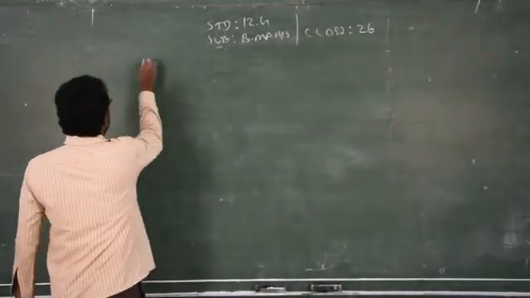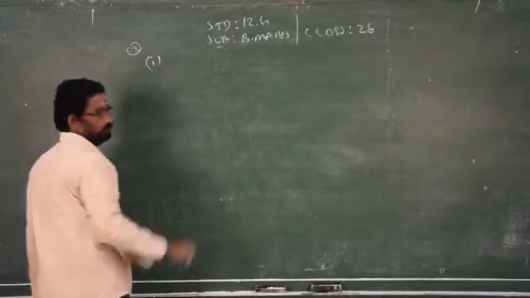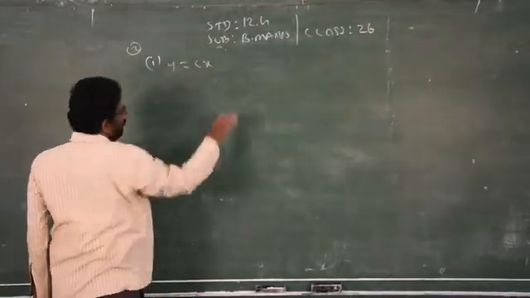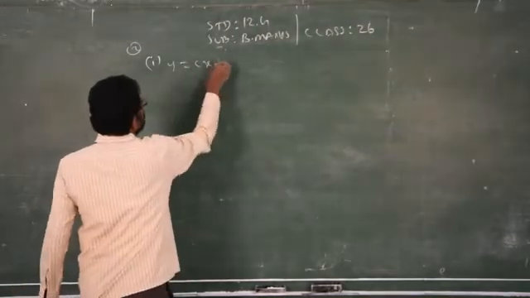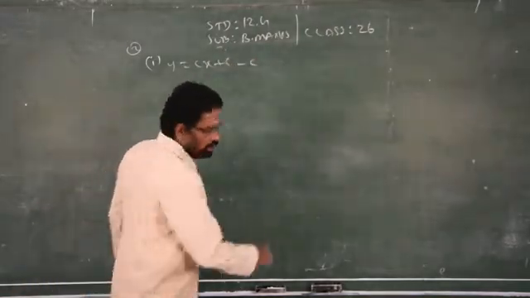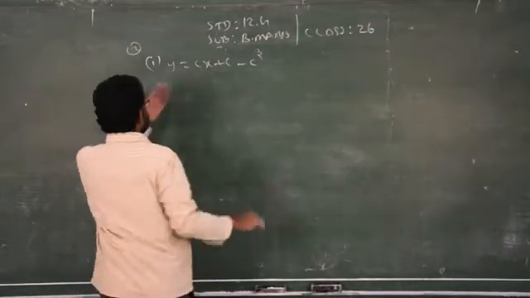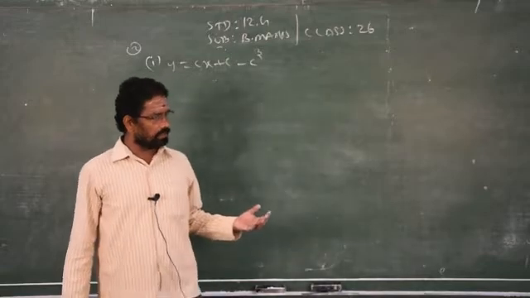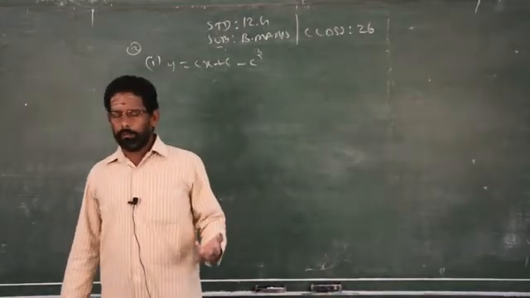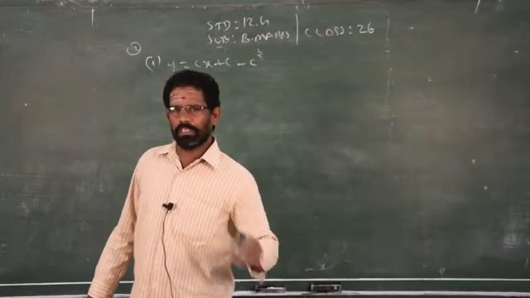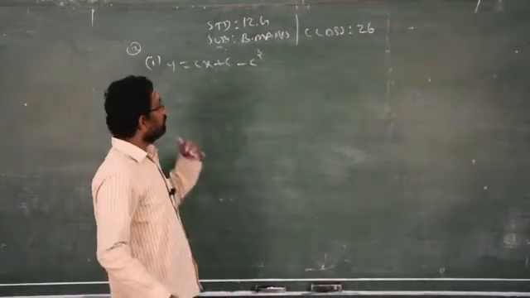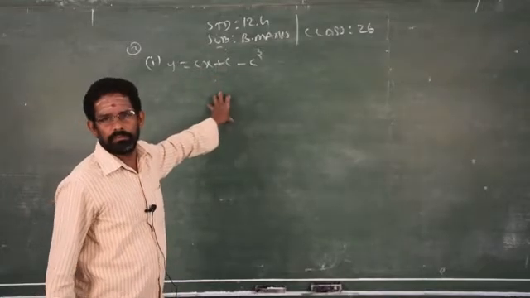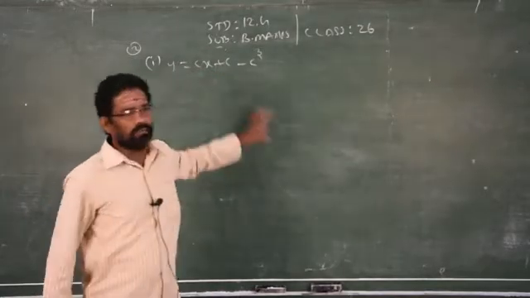Second Roman number, that first subdivision. Clear? So y is equal to cx plus c minus c cube. So this is an algebraic expression. Clear? What is the concept of an algebraic expression? Combination of the variable alphabets plus or minus. That is called algebraic expression. Now see the difference between the previous Roman number and this Roman number. Here we don't have any derivative format. Clear? This is called algebraic, curve, straight line.